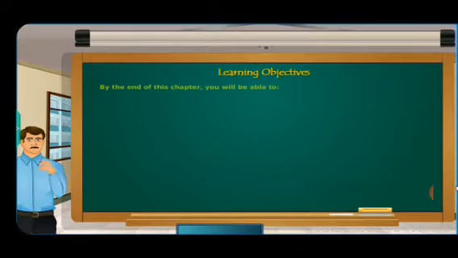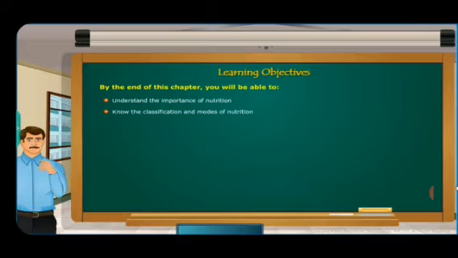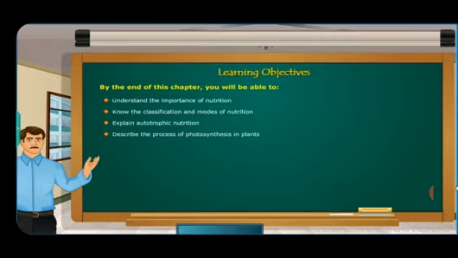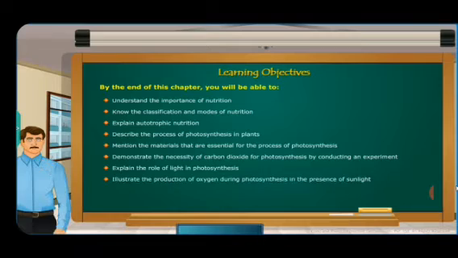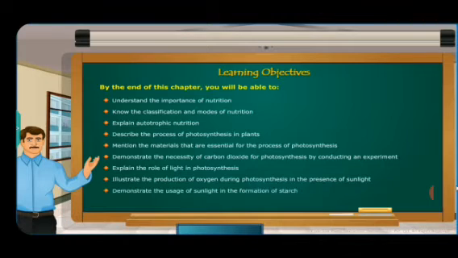Learning objectives. By the end of this chapter, you will be able to understand the importance of nutrition, know the classification and modes of nutrition, explain autotrophic nutrition, describe the process of photosynthesis in plants, mention the materials that are essential for the process of photosynthesis, demonstrate the necessity of carbon dioxide for photosynthesis by conducting an experiment, explain the role of light in photosynthesis, illustrate the production of oxygen during photosynthesis in the presence of sunlight,